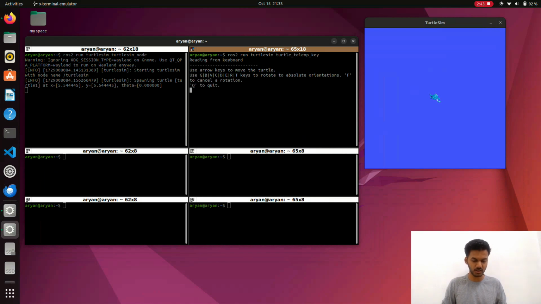Now if I use the keyboard arrows for the movement of the turtle, by keeping the cursor active in the existing terminal, then the robot moves. You can see here, and there are some other keys as well, G, B, V, C, D. You can try out that, but basic movement you can give using the keyboard itself.